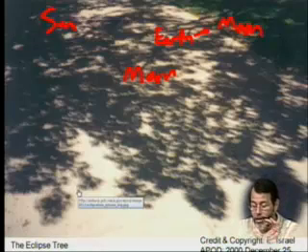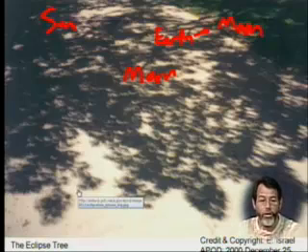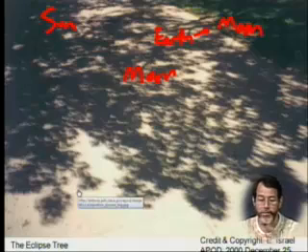When there's a partial eclipse of the sun, there's a really cool thing you can do. You can make pinhole cameras, as I said. You can take a piece of paper or a piece of cardboard and put a hole in it, and then put another piece of paper there, and you can see an image of the sun. And you can even see an image of the partially eclipsed sun. You see, and part of it there.